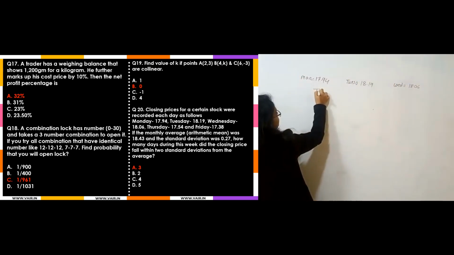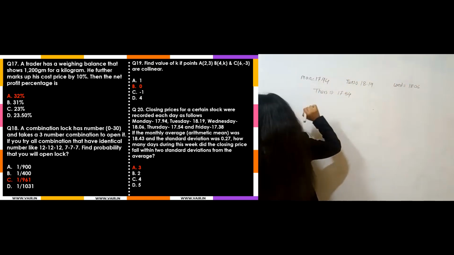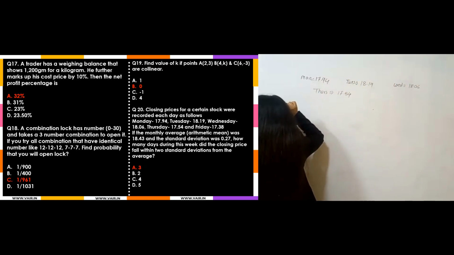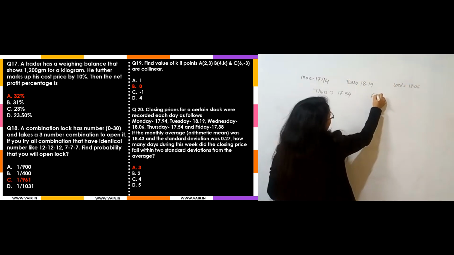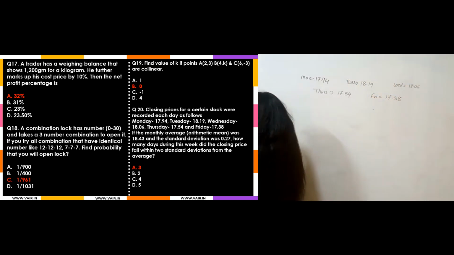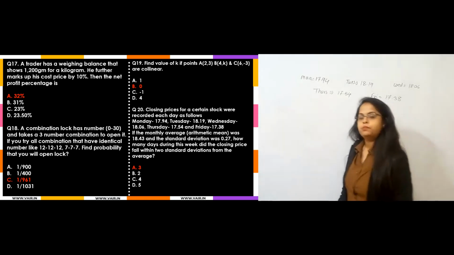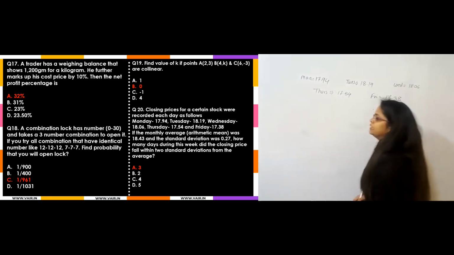Thursday is 17.54. And Friday is 17.38. Then they are saying here, if the monthly average arithmetic mean was 18.43 and standard deviation was